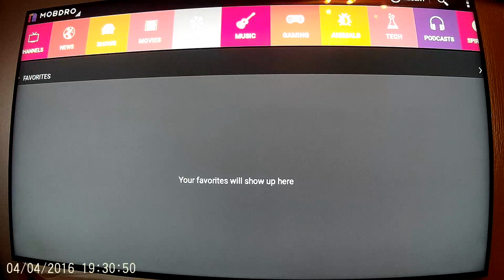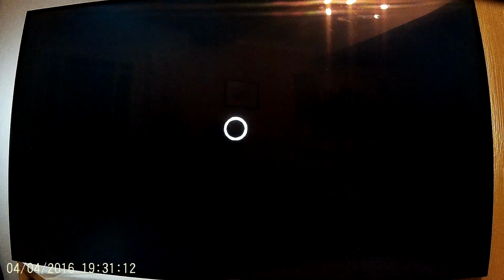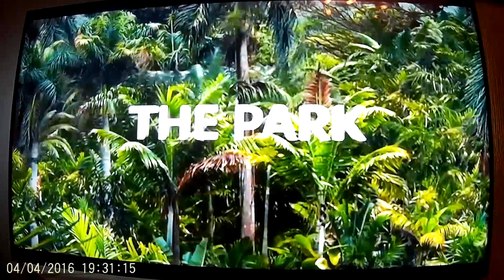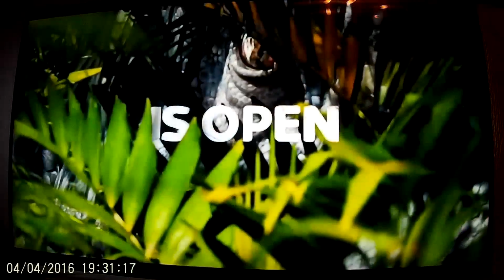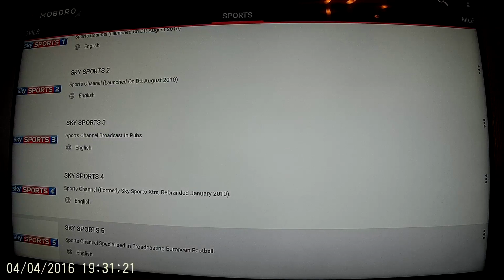We'll go to sports, for example. Click the button and it will come up with all your sports channels around the world. They're not in any particular order to start off with. You can make them numerical, alphabetical, you can delete ones, etc. For example, Sky Sports 3, just look for the one you want, click the button, depending on internet speed it should play within a few seconds. So that's Sky Sports 2, Sky Sports 5,